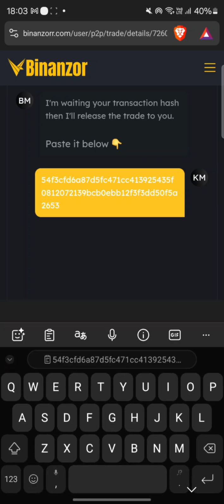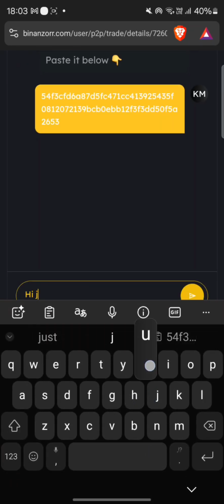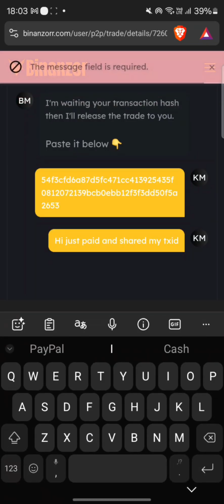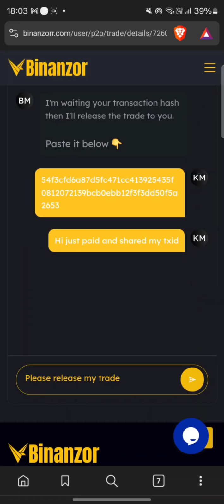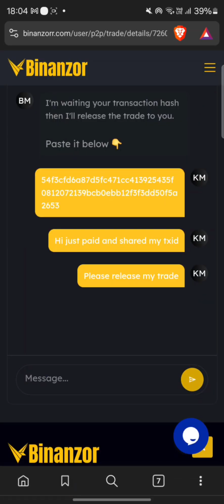Then here now you need to text the vendor, hi, just paid and shared my TXID. Please release my trade. You can just text the vendor anything, but just be humble,